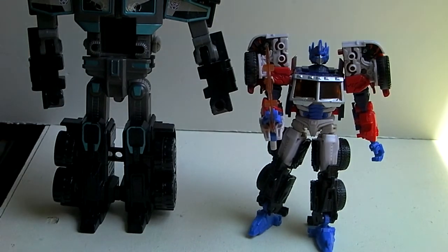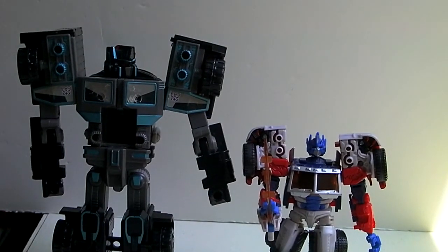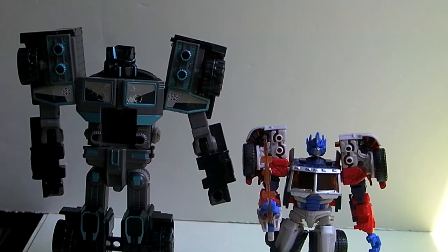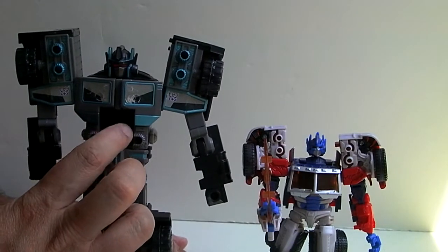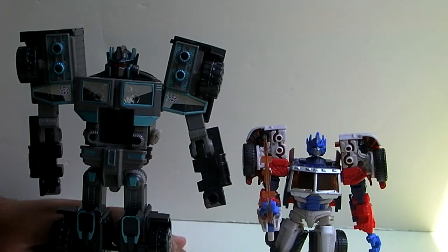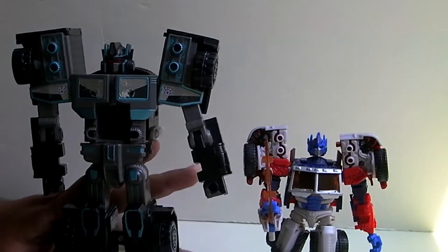This is Transformers Robots in Disguise Scourge. Gave this to my nephew a few years ago. He's taken really good care of it. The way you see it, that's the way I gave it to him, because I got it from a thrift store. So it was missing all the accessories, the tanker, and the little chest thingy. I gave it to him when I bought I don't know if it was the Sonokong version or the Dakar version of Black Convoy. So, but you can see he towers over